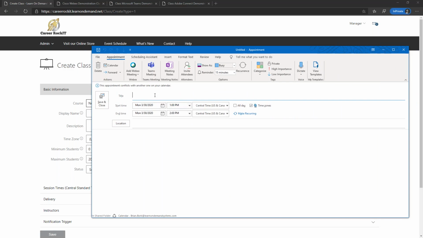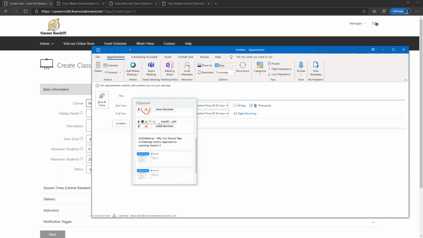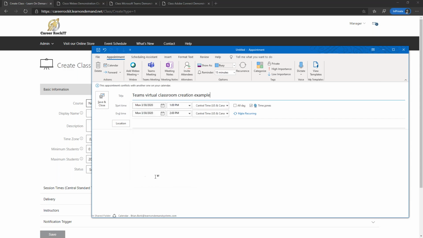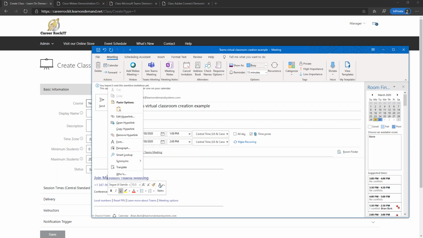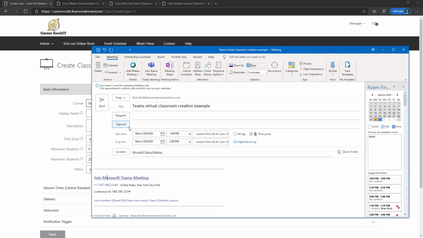So I'm going to go ahead and give this a name, just making sure we've got it. There we go. So this is a Teams virtual classroom creation example. And then all I need to do is click here to add Teams meeting. And you'll notice that right down here, I have a link, and when I mouse over it, I see the actual HTTPS. If I right click on that and do a copy,